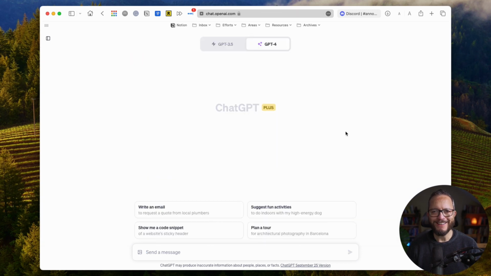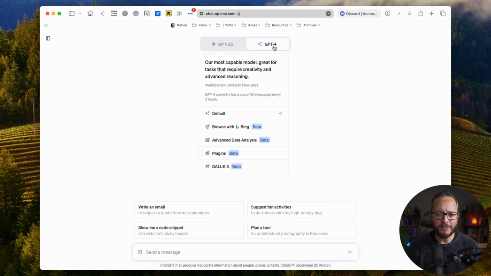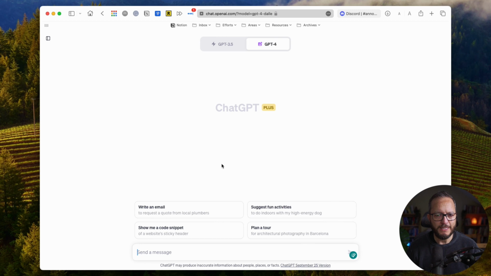Next, I want to look at image generation using ChatGPT. So DALL-E 3 has been integrated into chat. So in GPT-4, if you're on a paid plan, you go into GPT-4 and you choose DALL-E 3. And this is where you can create images of anything that you can imagine. So you can type into here, create an image